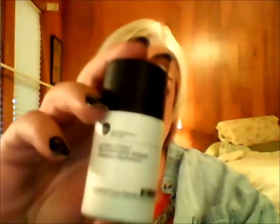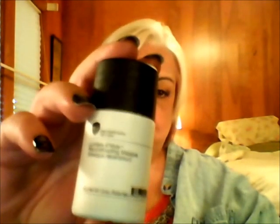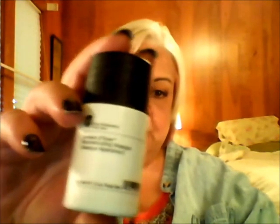But the last hair care product I want to tell you about was also something else that I received in a Birchbox, and it is the number 4 High Performance Hair Care Reconstructing Mask. And I only use this about once a week to once every 2 weeks. And what it does for my hair,